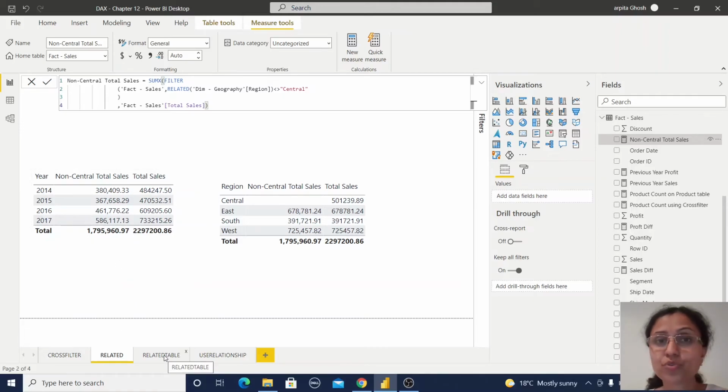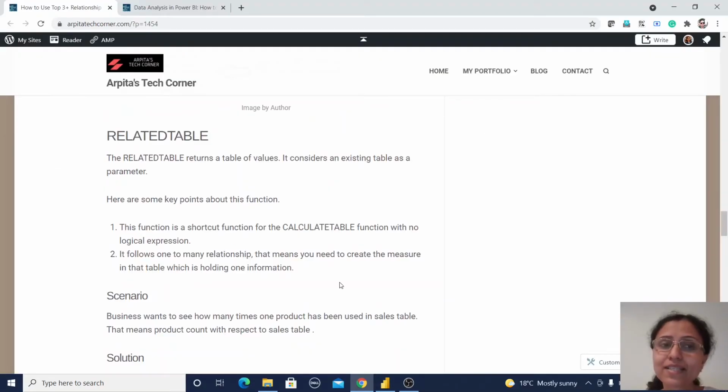Now we are moving to RELATEDTABLE. The RELATEDTABLE function is similar to the RELATED function, but it returns a table of values and it considers an existing table as a parameter. There are some key points. First of all, it is a shortcut form of the CALCULATETABLE function, but with no logical expression.